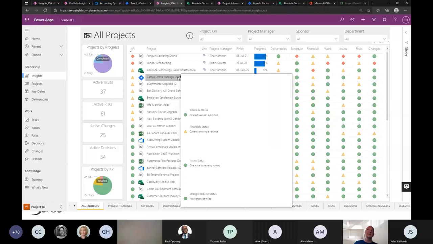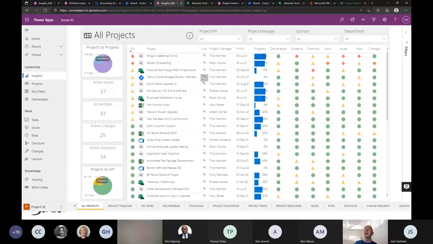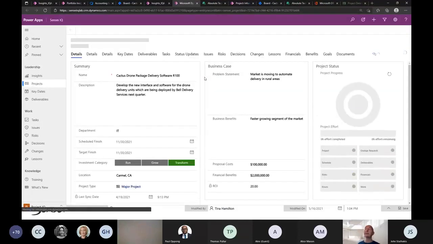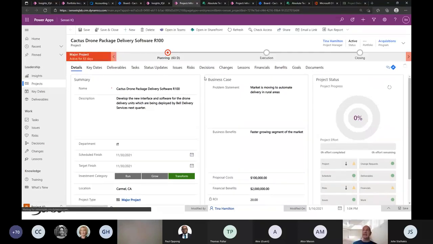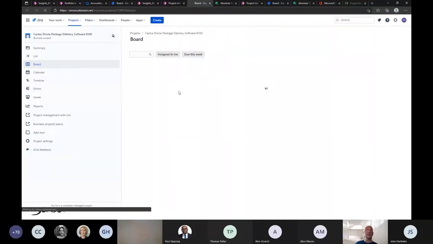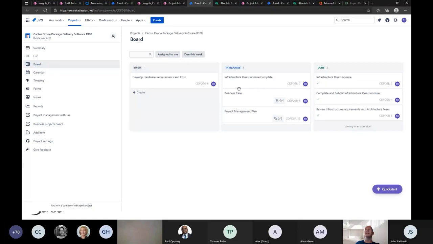And when I go into this one here, for example, is a Jira project. Well, as a project manager, of course, I need to manage all of my execution capability, but above everything, there are certain processes that I need to follow, no matter what type of project that is, and there are certain artifacts that I need to follow. So in that instance, I still know that this is a major project, but my project team is an IT project team. They are using Jira. So therefore, I can just simply see all of my Jira tasks and board tasks and can manage them appropriately,